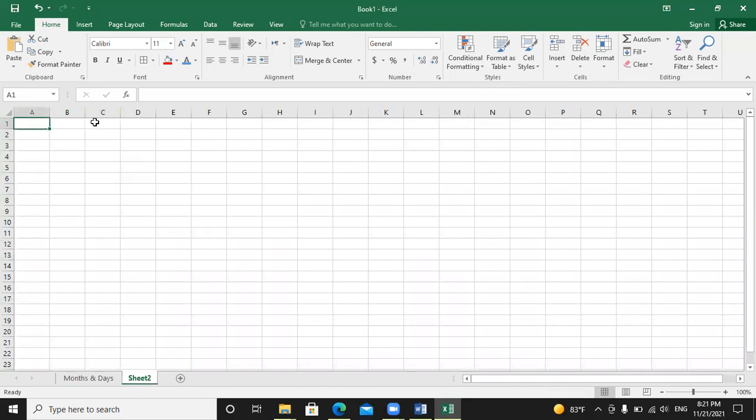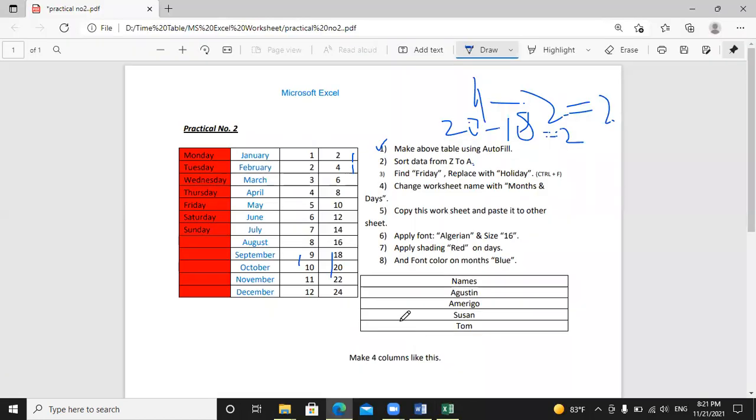So here I have to paste it. How to copy and paste? I have a shortcut also.